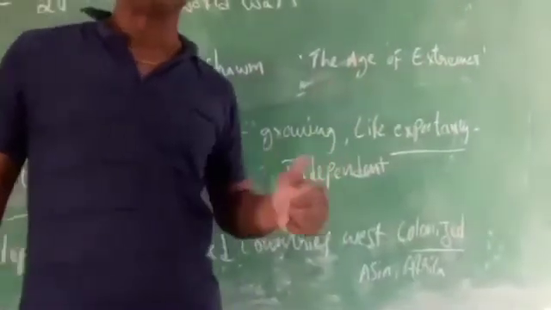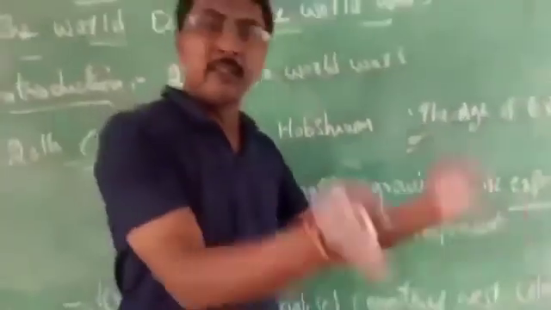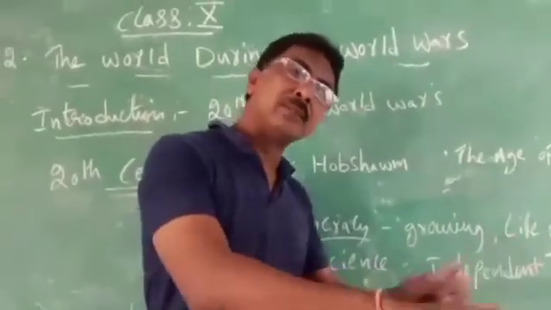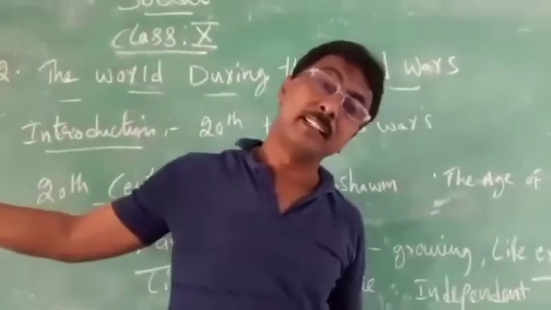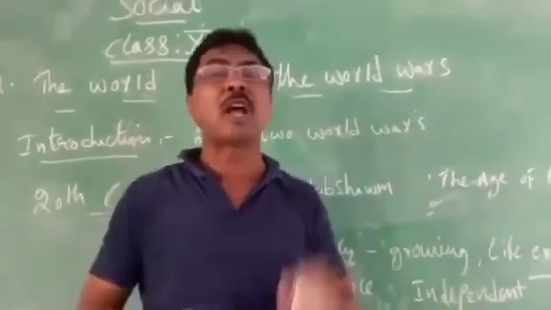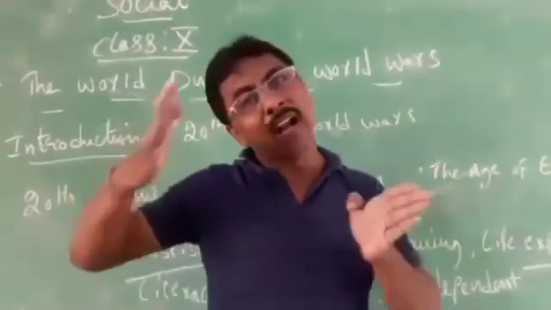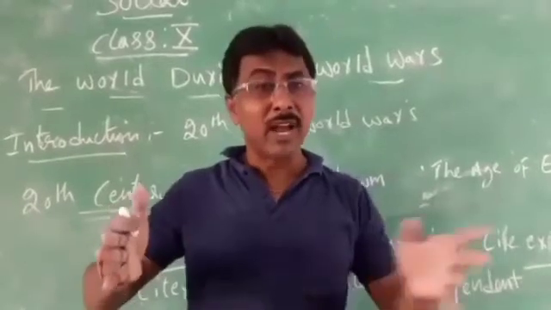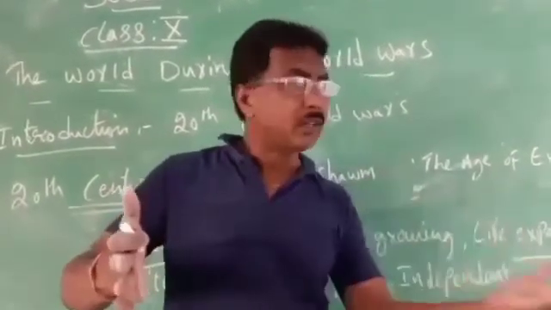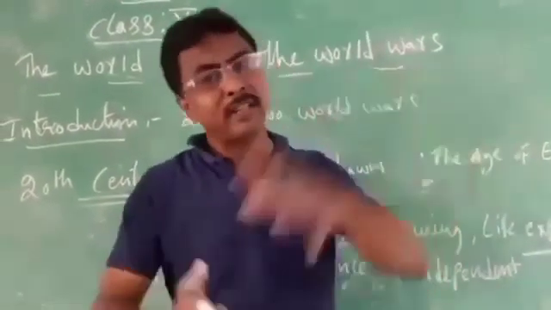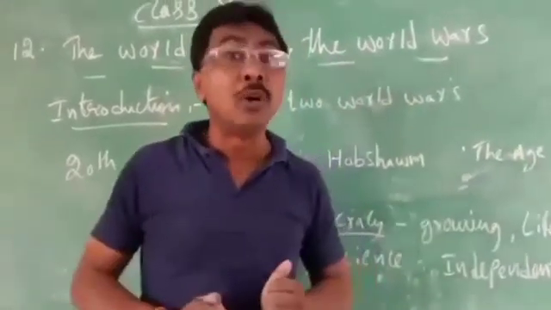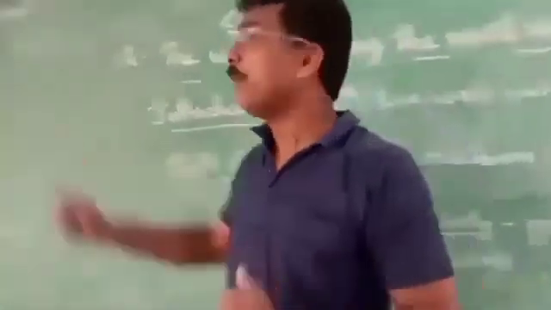What is colonized means? They occupied the country and they started exporting the raw materials to their own country. So like that, some problems happened. Developed countries and undeveloped countries started, and because some countries were occupying other countries, the world wars were happening. Now I am going to tell you about the world wars, how the world wars were happening.